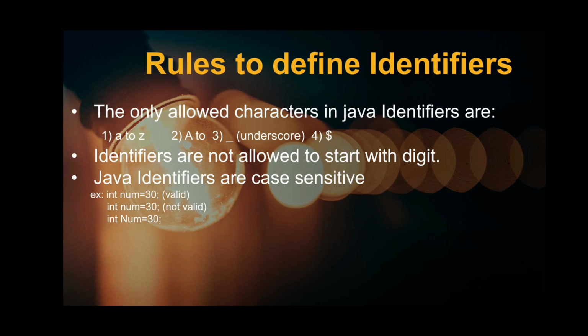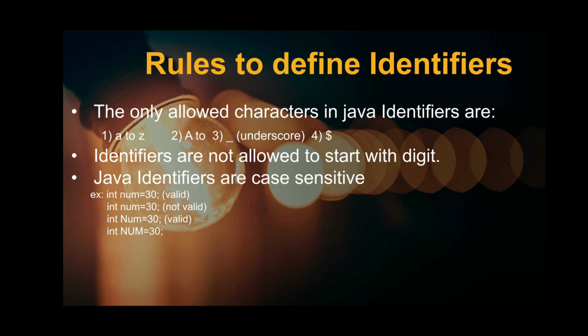Third example, think a bit and see carefully. Here int Num. You can observe from the previous identifier to this identifier that the first letter of Num is a capital letter, while the previous one is a small letter. Some difference is there, right? This is case sensitivity. Happily you can create it like this. It's valid. One more example, int NUM.